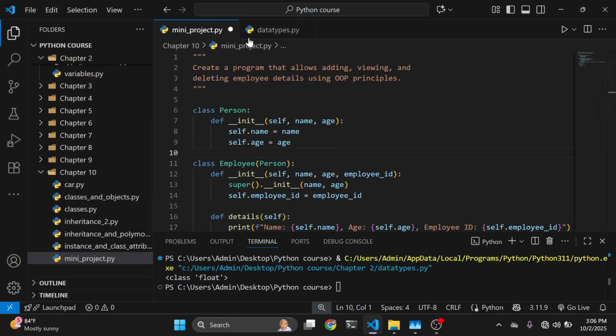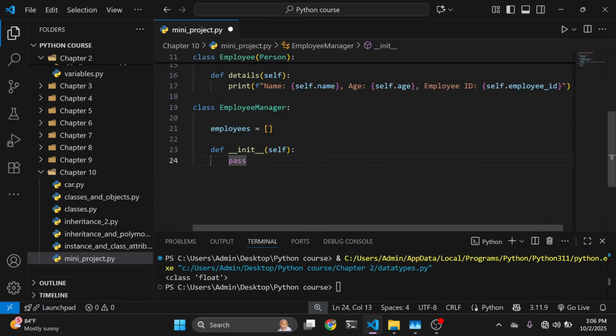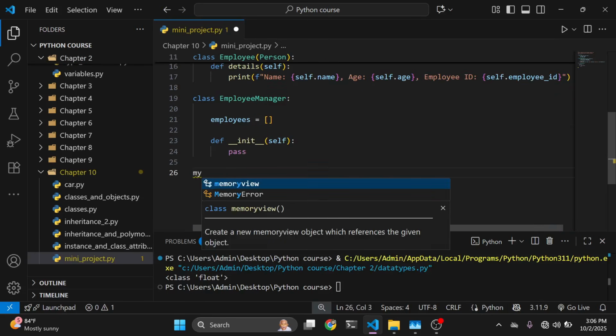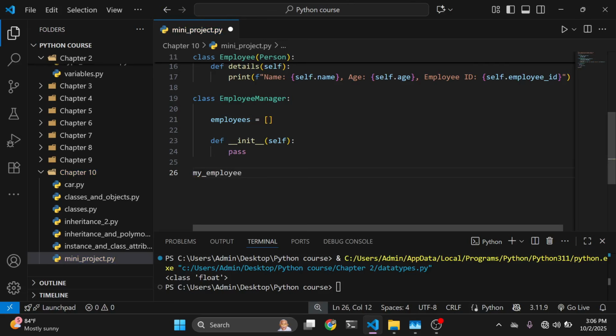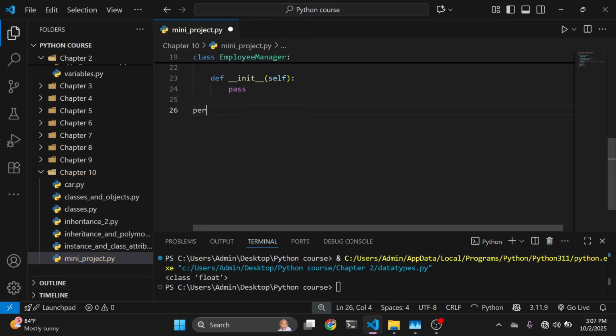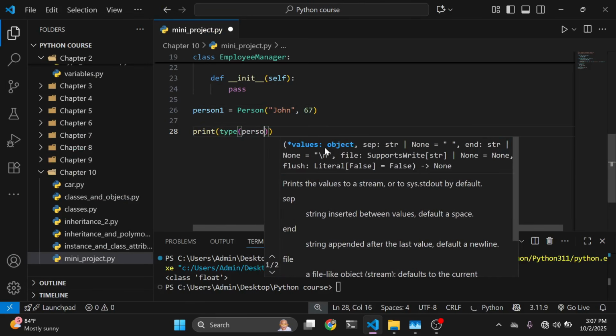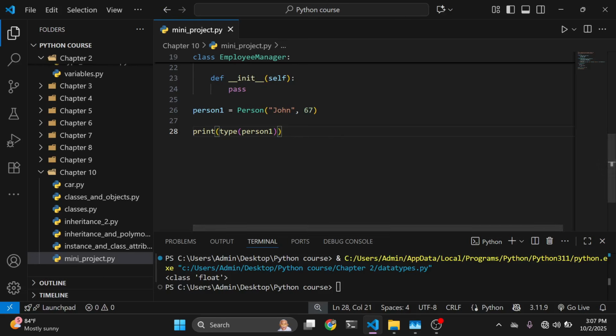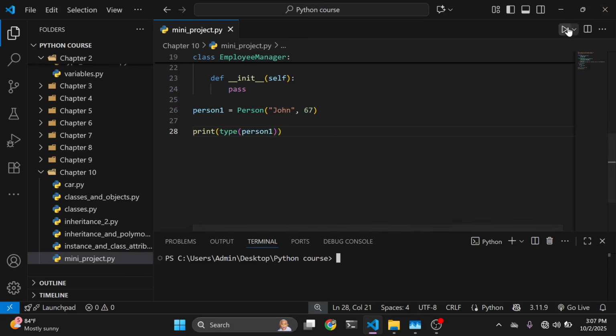So what that tells us is that we can actually create our own data type. For example, I can come down here and say my employee, or let me just create a person class actually. I can say person1 is equals to person. And in here, I'm just going to pass in the name and age. So let's just say John, and I'm going to pass in 67. So I can then come down and say print type of person1. And I want you to note what we get when I run this code. So once I run this,